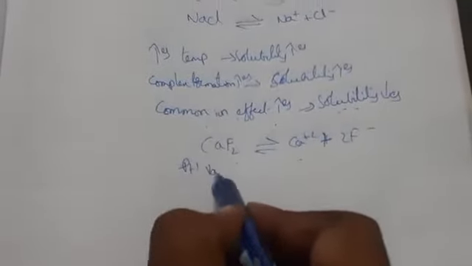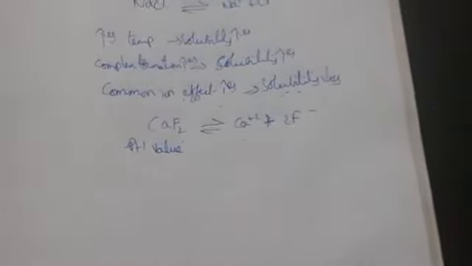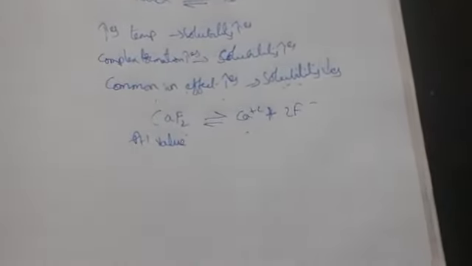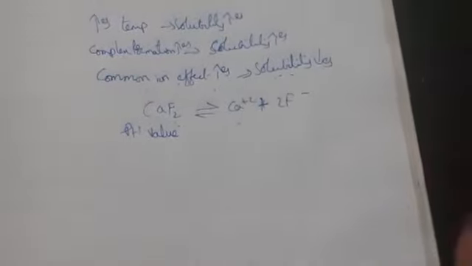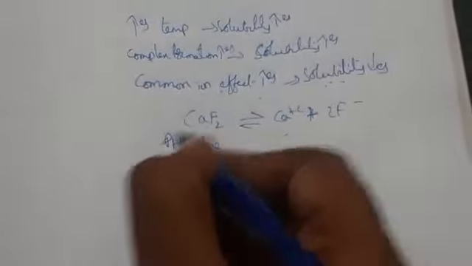If you take pH value, here we can also discuss buffer solutions. When you take pH value, if the acidic medium is decreasing, it should reach the basic value. If the basic anion is increasing, it shifts to the acidic cation, like that. So this is the pH value. These are the general characteristics of solubility. Now let us see solubility product.